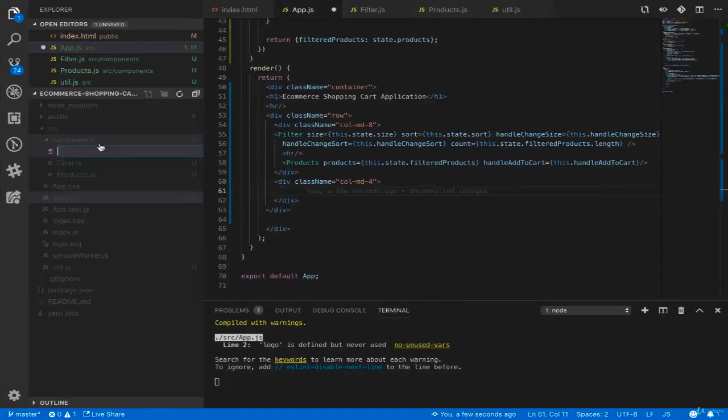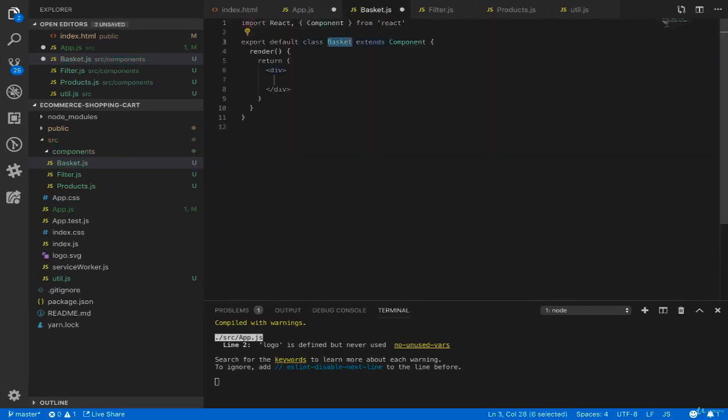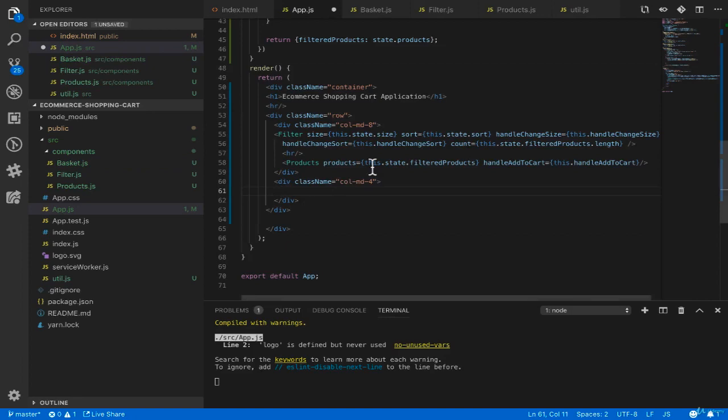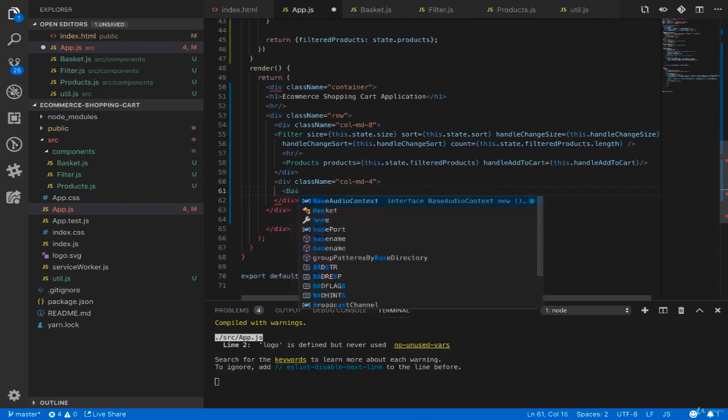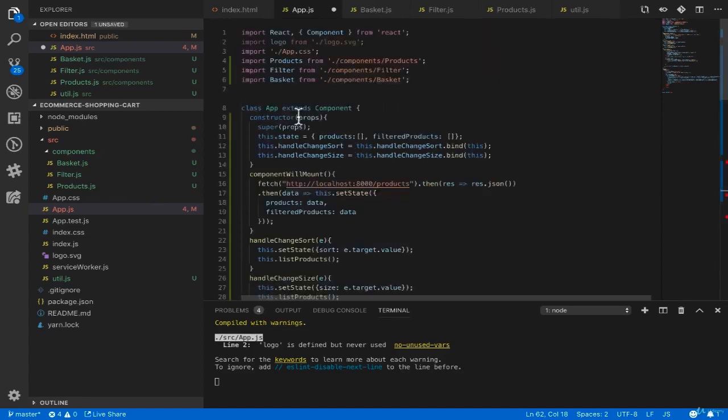Right click on the component, new file, basket.js, and type RCC, press tab to create a class-based basket component like this. Press Ctrl S, and inside app.js, under the right side div, add Basket and press tab to auto import the basket component from